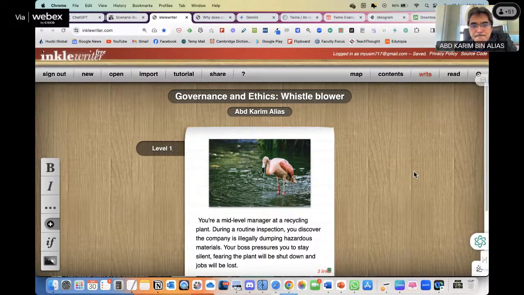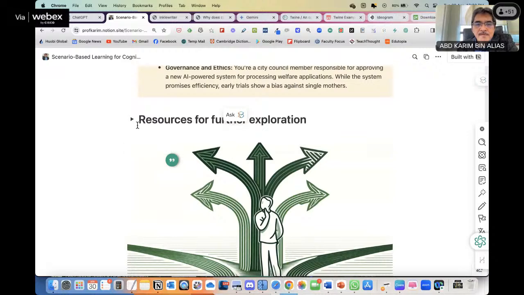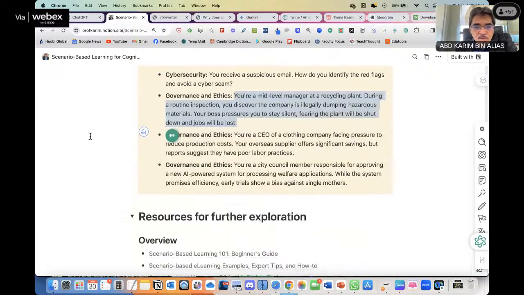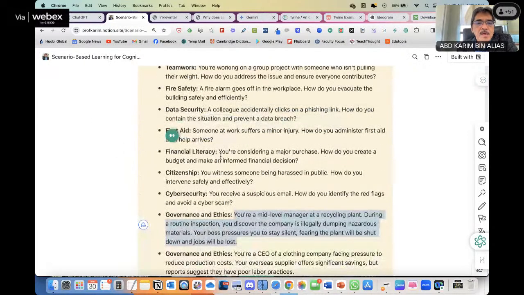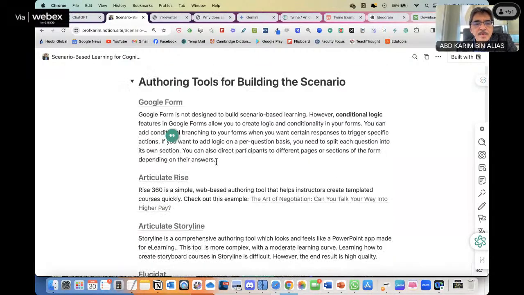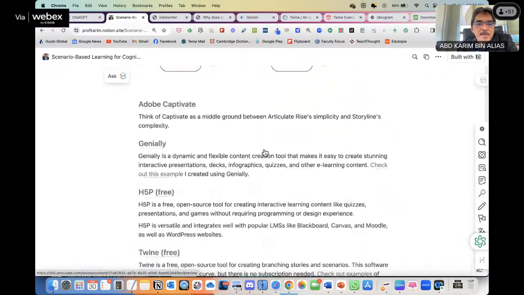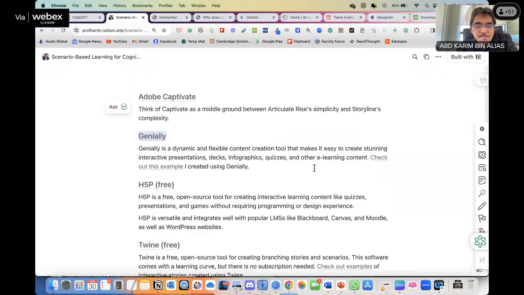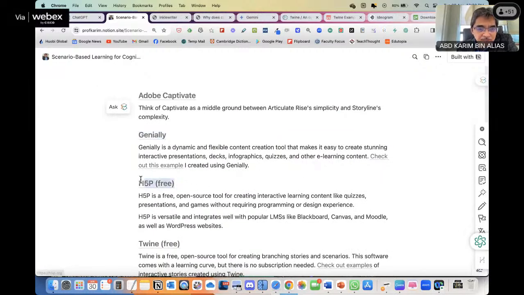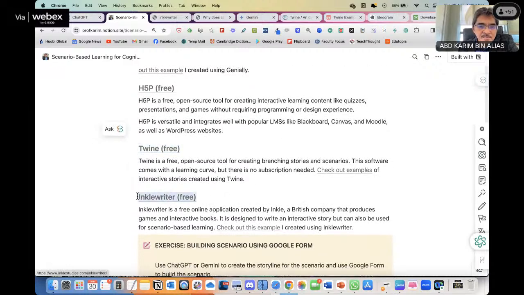But to summarize, if you want to build scenarios using free tools, the options that we have now are Google Form, maybe Genially, H5P, Twine, and Inkle Writer.